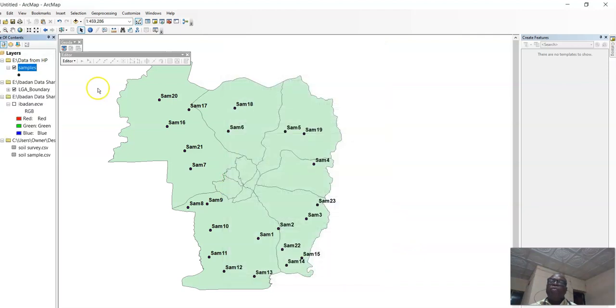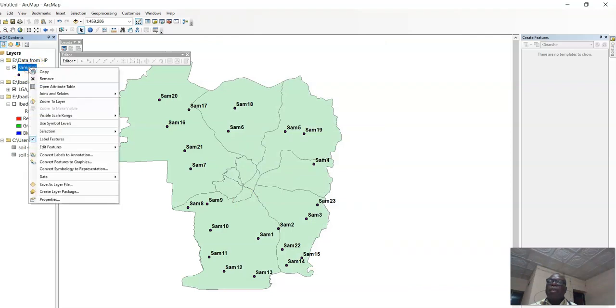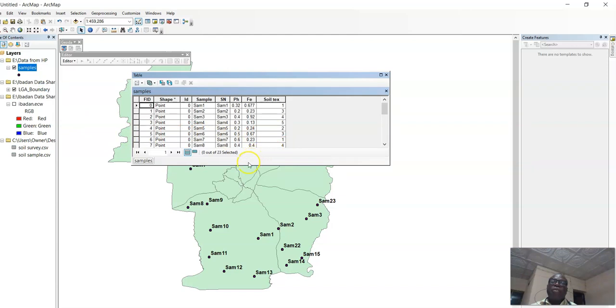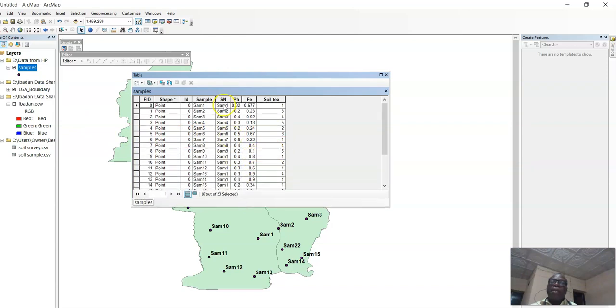So it's going to join the map for you. If you right click and open the attribute table, you see all the information about the serial number. This is the first sample, that is the name. We have sample 1, then on the serial number of the database, we have sample 1.